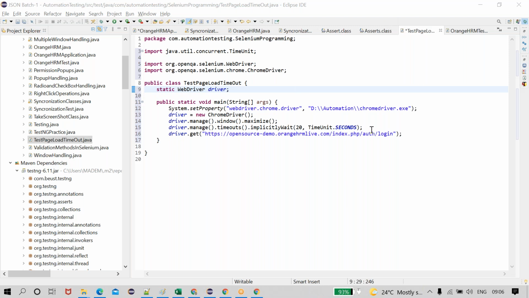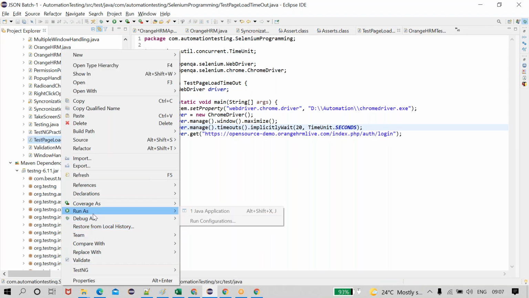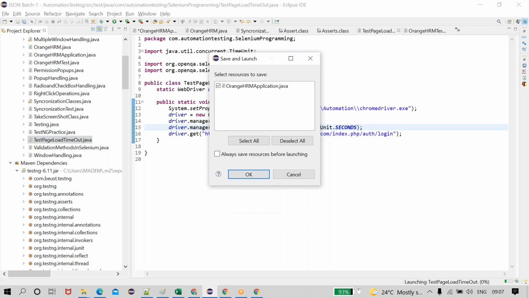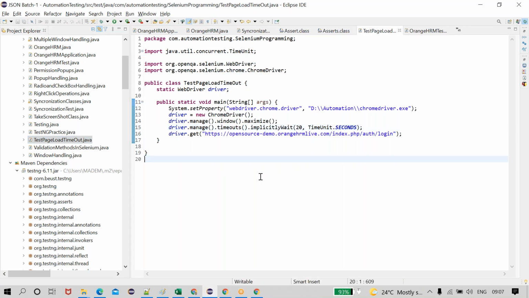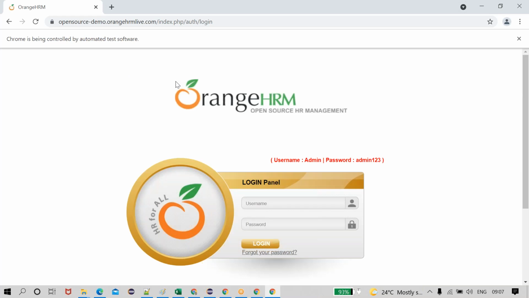After navigating to this page, it will take some time, max of 1 second of execution. If I run this couple of lines of code, see how much time it takes to load this particular URL. It is taking less than 5 seconds.